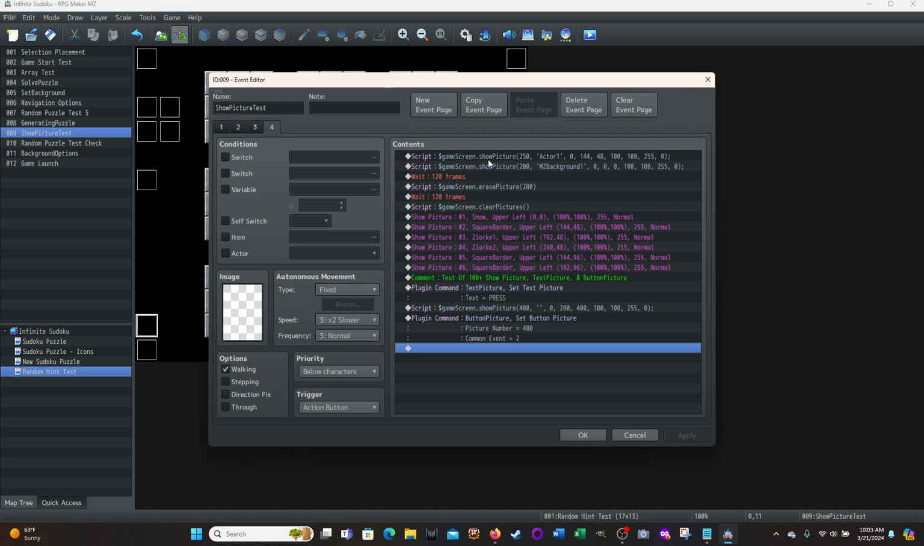So as I showed before, there's the script. You're using your higher picture number. When you go to erase pictures, you have to either do it by single number using the script or clear pictures, so clearing all the pictures on the screen. That does work, which is great. And then this just shows that the button picture does work, the functionality does work,